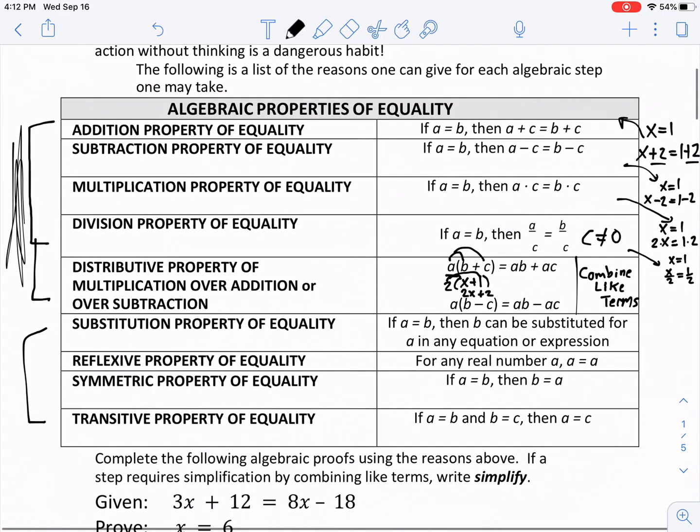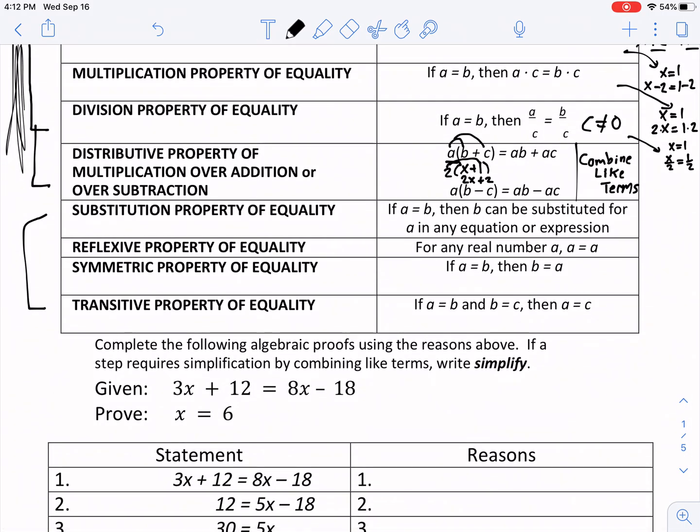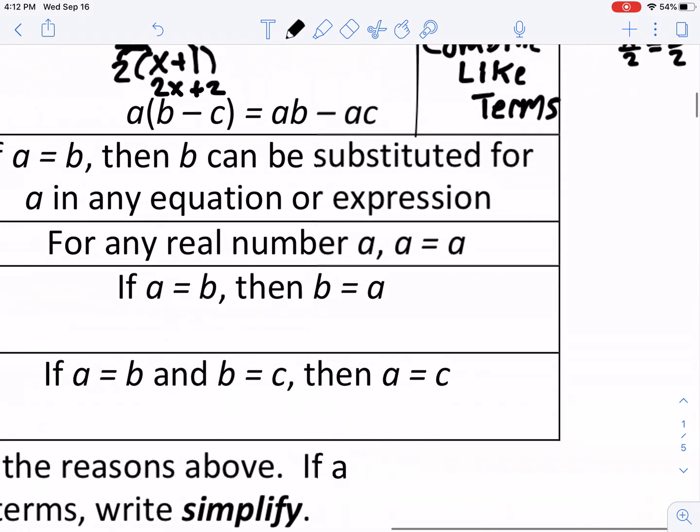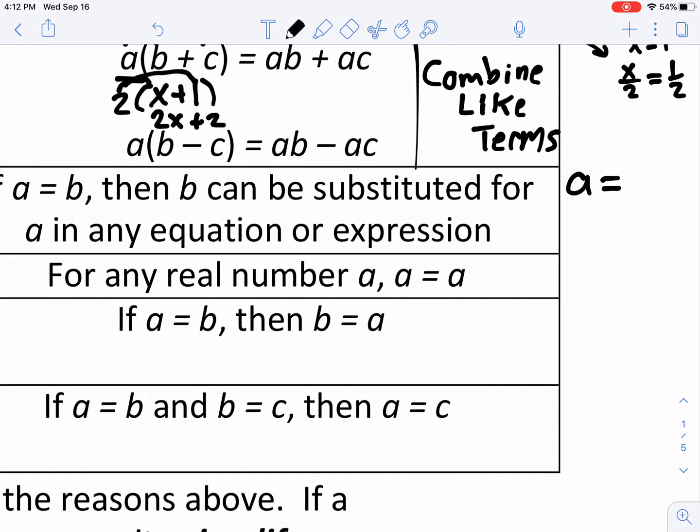Now, the last of these, we're not necessarily going to use in the proofs, but it doesn't hurt to know it, because once in a while in these proofs you might use, for instance, the symmetric property to switch the x and the number. So the substitution property of equality says if I have two equal things, I can substitute one for the other. For instance, if I know A equals 1 and A equals B, okay? If I know that's true, then can't I substitute